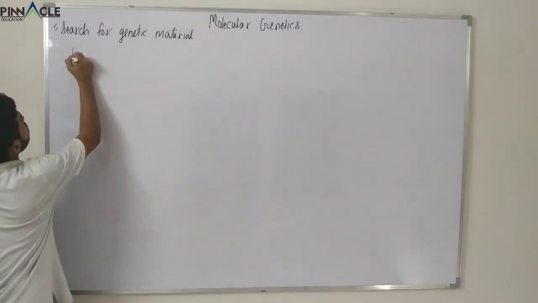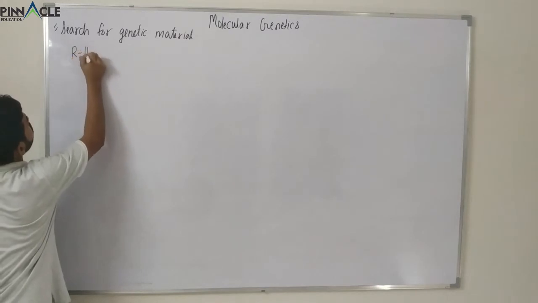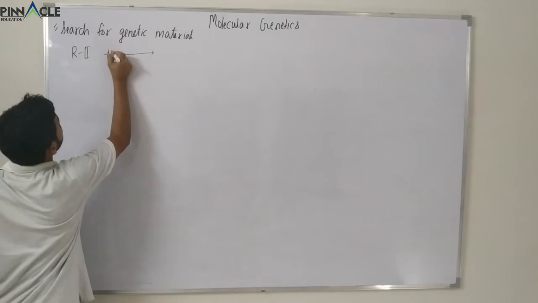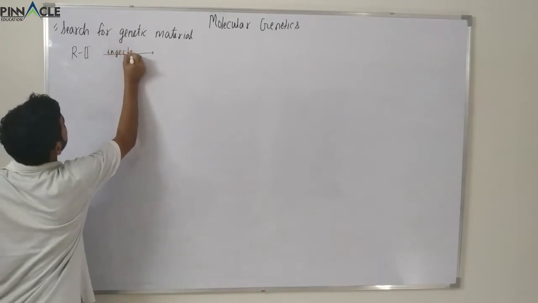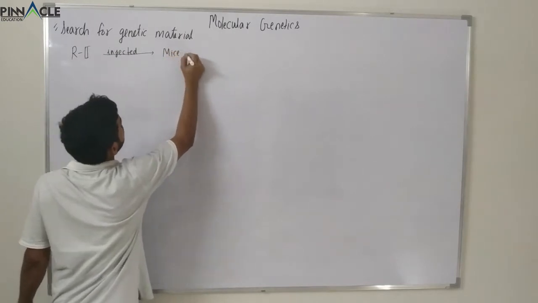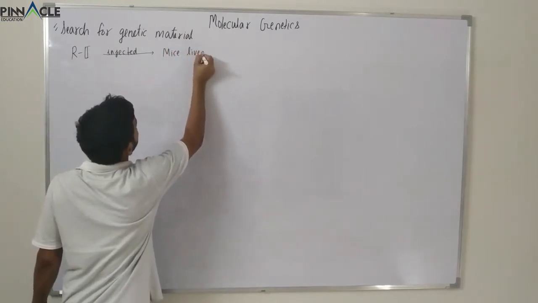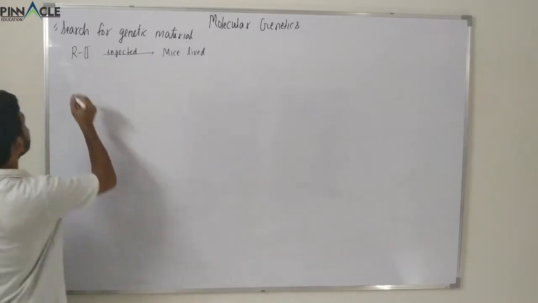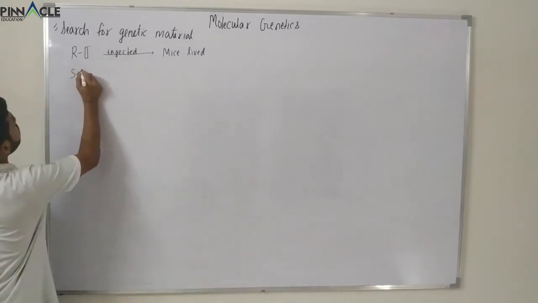So when Griffith injected R2 into mice, then mice lived. So it was expected: R2 is not virulent, so mice would have lived. But when he injected S3,